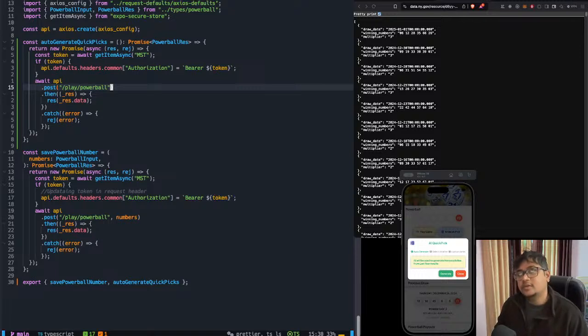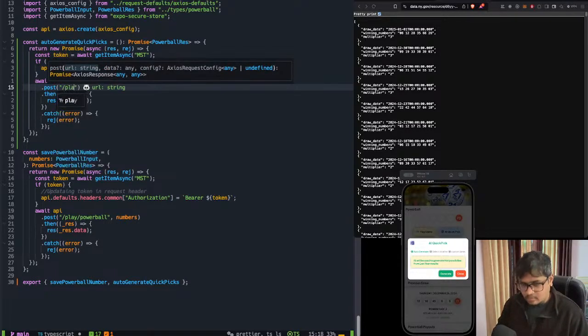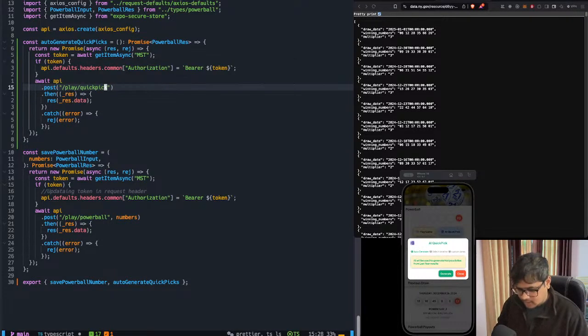All right, so we do not need to pass anything like who's the user and all, because everything is in this token. And we will update this URL to play/quick pick. What we'll do later is modify this URL with some query parameters. This way we can reuse this API, and on the backend server we'll use those parameters as a